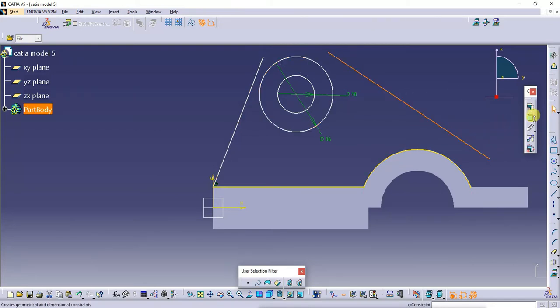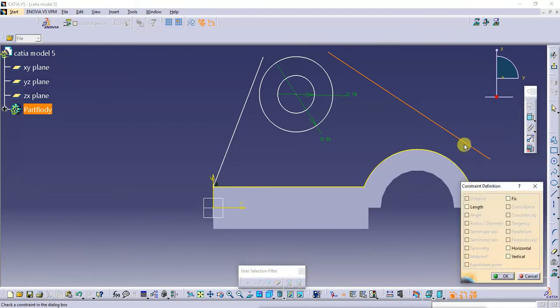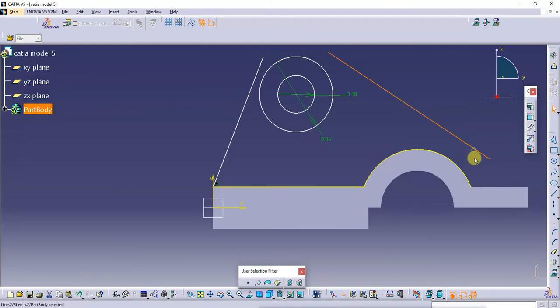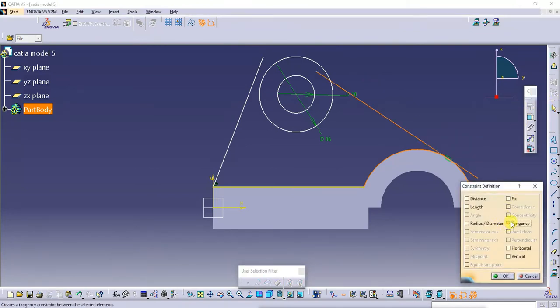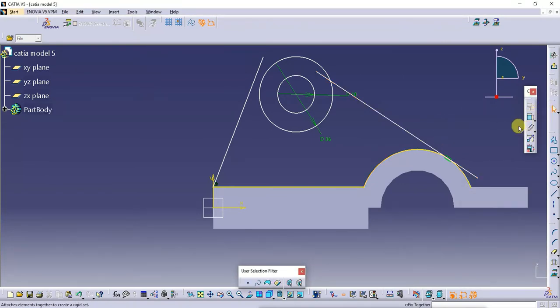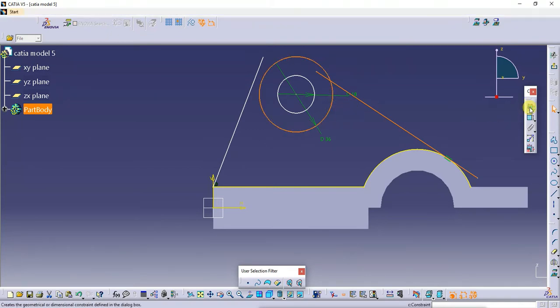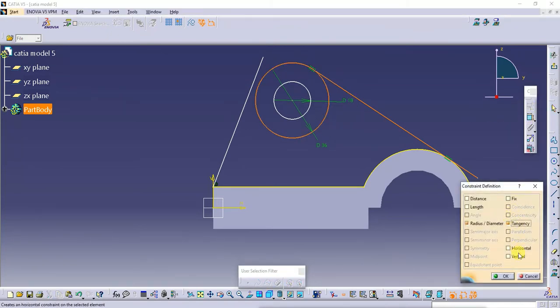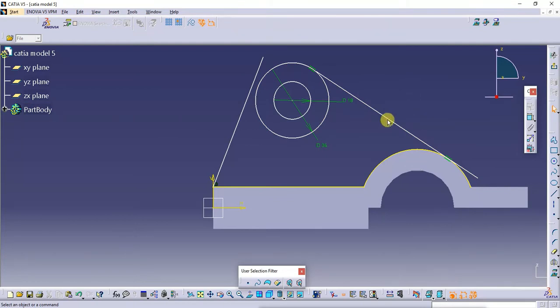Then I'll use the constraint command. I'll select this and this. Go for tangency. Next, this and this. I'll go for tangency because this line will become tangent to this circle.